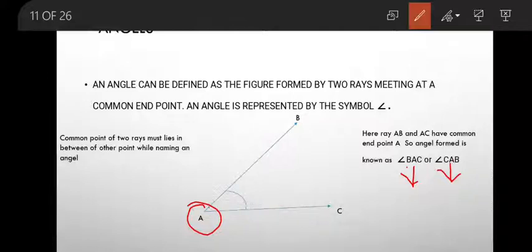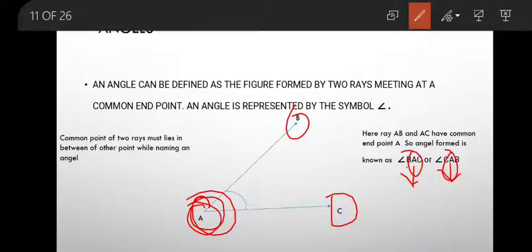While you name an angle, the common endpoint should be in between the other two letters. P and C are the two other points and A is the common endpoint, so we will put this common endpoint in between these two letters. Okay,